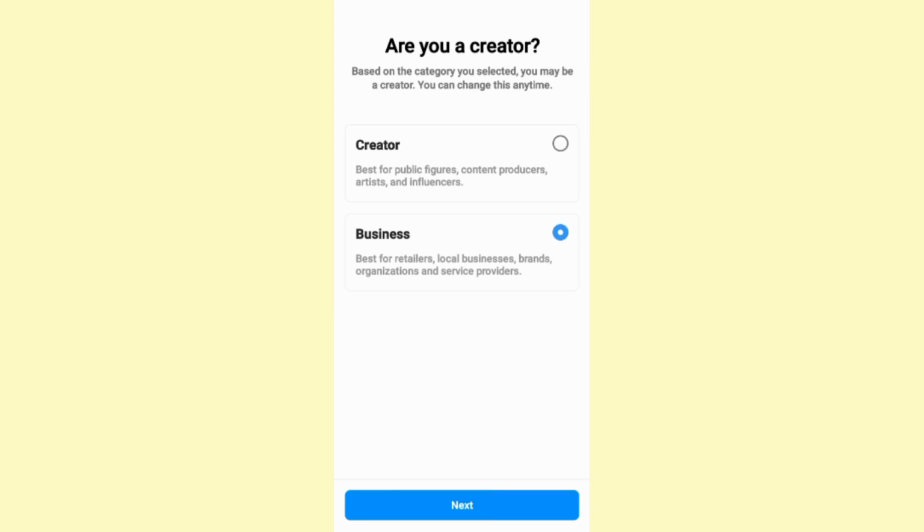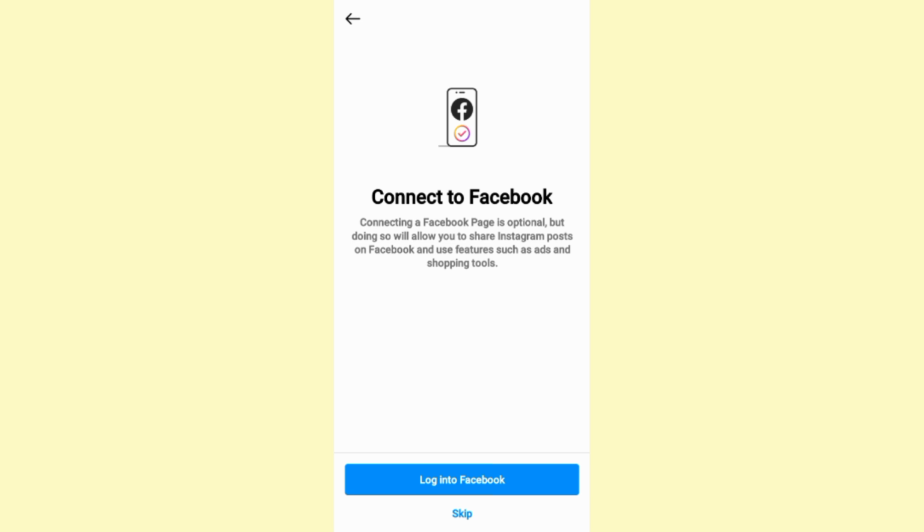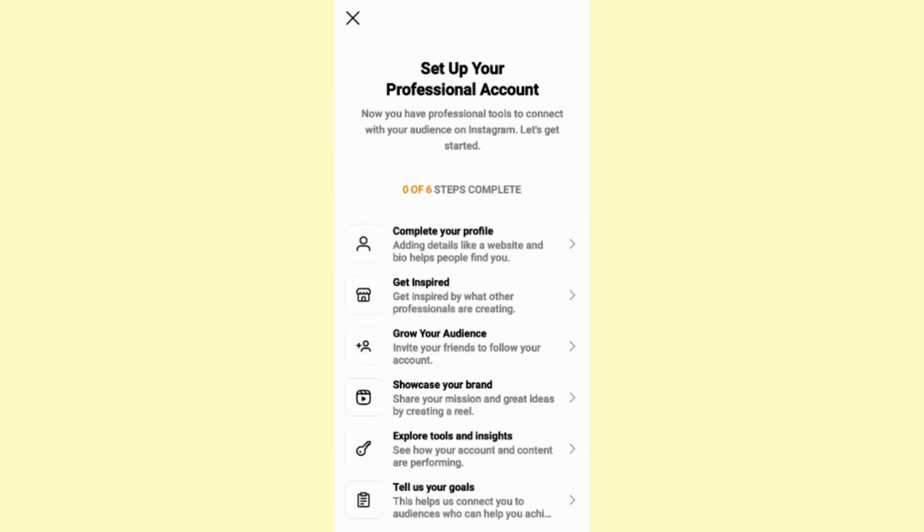Here, choose business, then click on next, and you will get to this step where you will be able to add some contact info such as your phone number or business address, etc. Feel free to add them or not, and click on next to continue. And here on this option you will be able to connect a Facebook page if you have one. I'm just going to skip this step, and you are now on the last step, which is the setting up